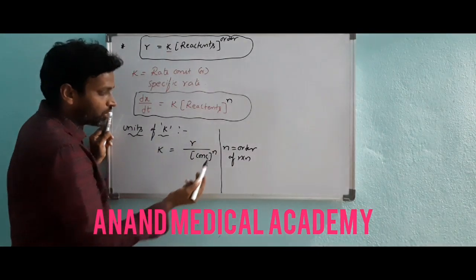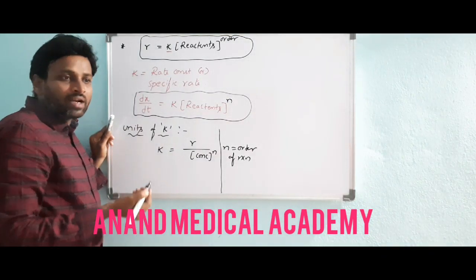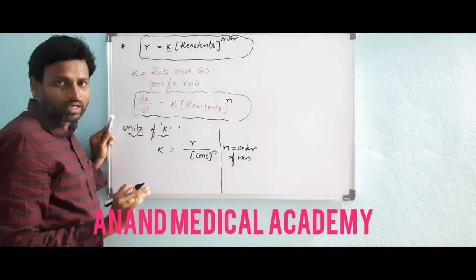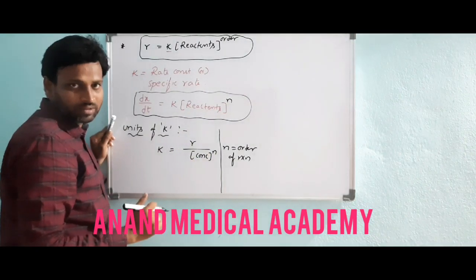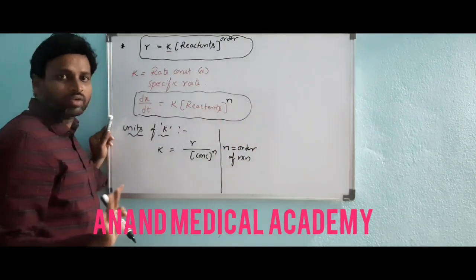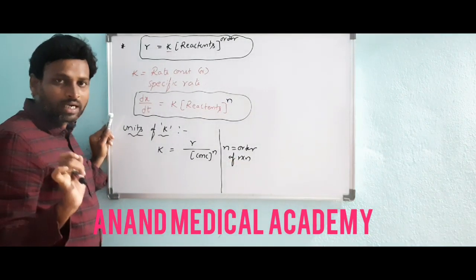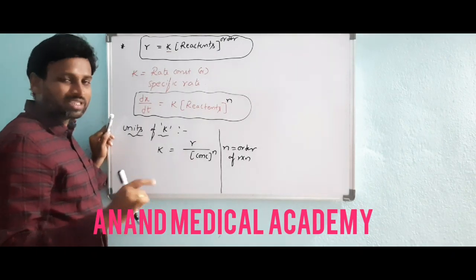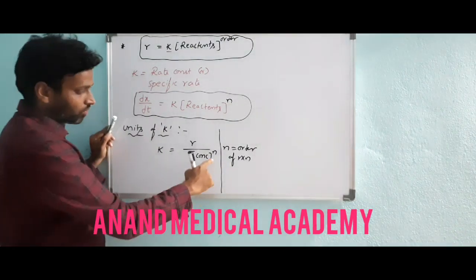N value, how can we come to know? Sir, it is the experimentally determined order of reaction. We cannot come to know by looking at the reaction. They have to provide it in the numerical, or else we have to determine this order from the given information. These two things you can do. Otherwise, by looking at the reaction, we cannot say it is first order. It is not at all theoretical. This order of reaction is experimentally determined. They will give information like a hint, and you have to know what the order of reaction is. So don't worry about N.